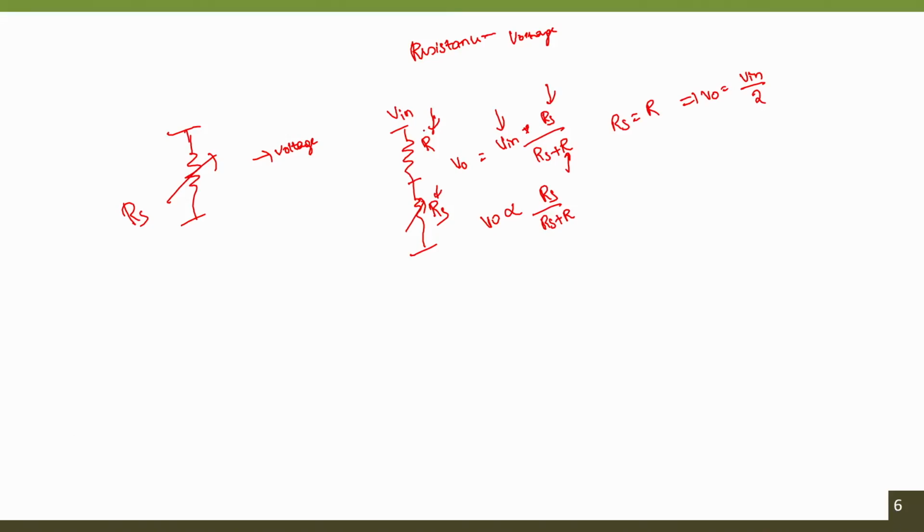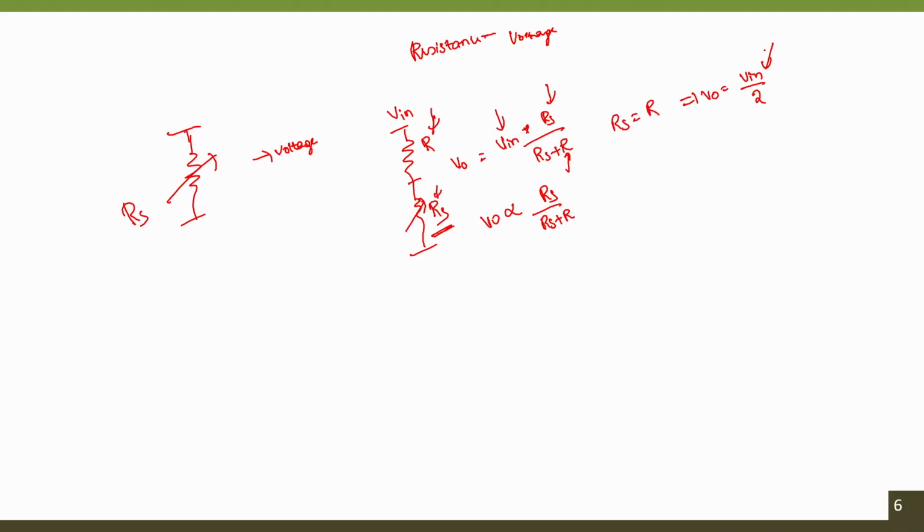But choosing the proper resistance value is always important, and that depends upon the power requirements of your sensor. But our whole idea was to convert the resistance. Of course, you have already done that. So why don't we directly use this resistance to voltage conversion and interface it to an ADC? Yes, of course you can, but one catch here is that when you look into the resistance to voltage conversion, the minimum voltage that you will get will be Vin by 2, or the maximum voltage will be Vin by 2. It depends upon where your RS is connected, where R is connected, and where you are measuring the output voltage.